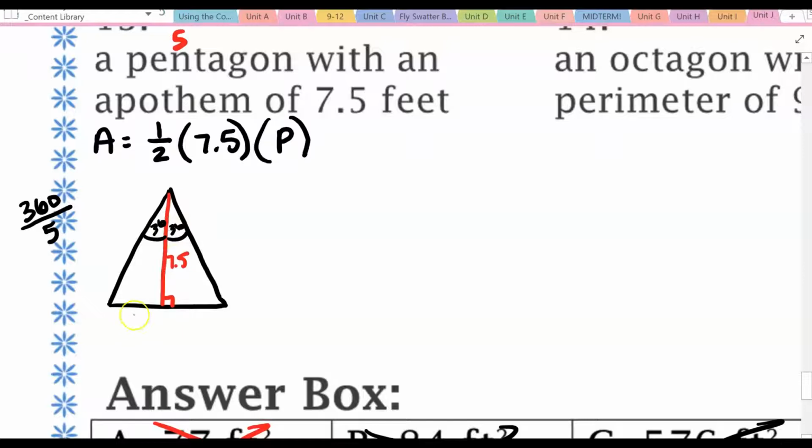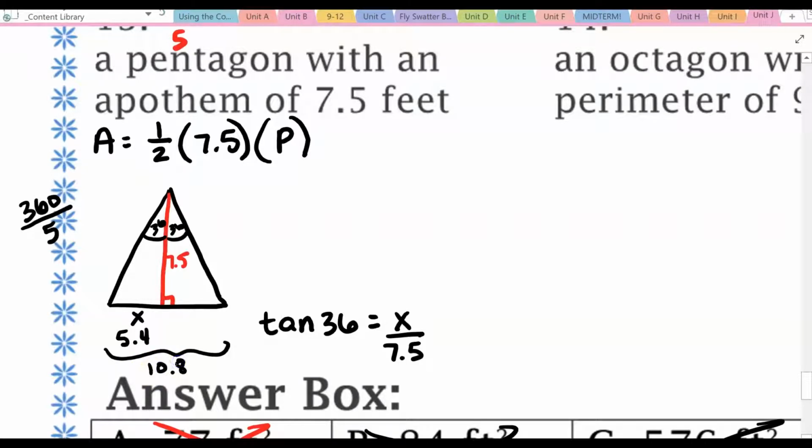So now we use trig in order to find this portion of a side of the pentagon. Tangent of 36 degrees equals the opposite x over the adjacent apothem of 7.5. When I do my cross multiplication, I have 7.5 times tangent of 36. I have this side is approximately 5.4, but then I remember that that's only half of the side, so the entire side is more like